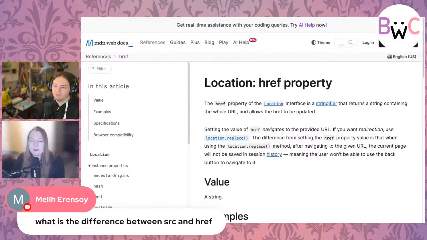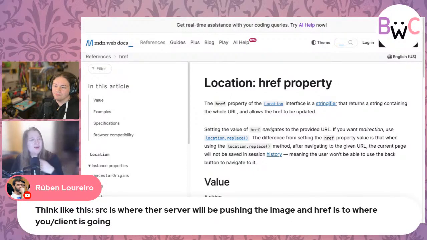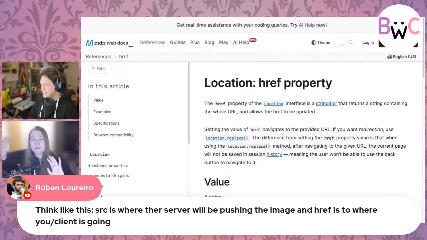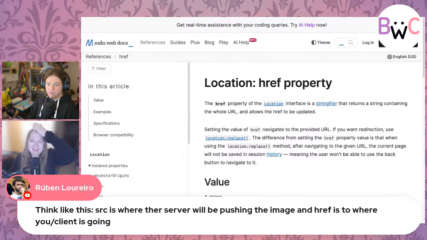So with SRC, the server will be pushing the image to you, and href is where it's going to send you away. So source, get me this. Href, send me there.